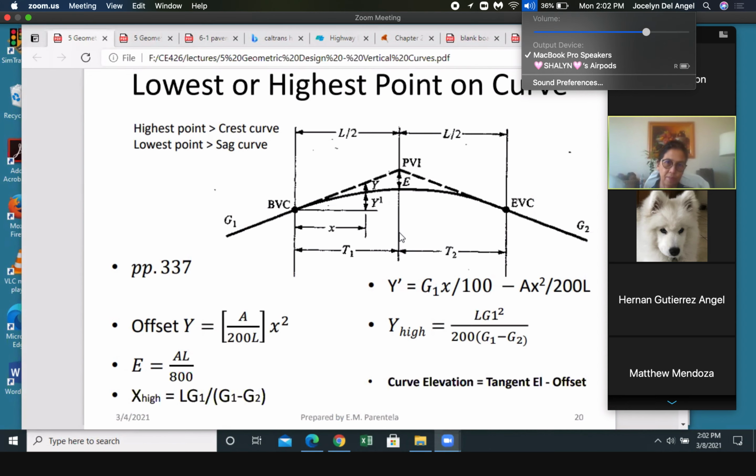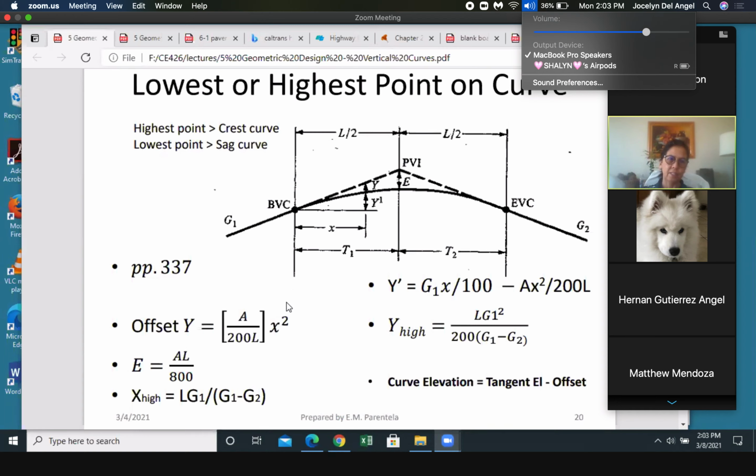It doesn't coincide with the PVI, therefore we need to look for that. We also need to look for the different points along the curve, so the elevations along the curve. That's what we're going to do today. So let's just take a look at this